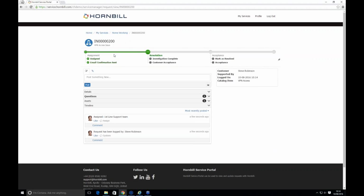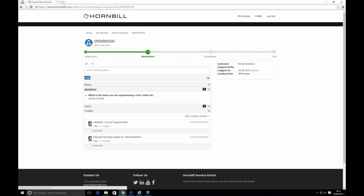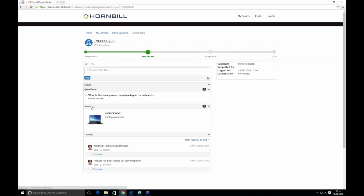So this is your fulfillment process. Whatever process you guys want, this is highlighted across the top there, so Steve can easily see what's happened and what needs to happen. Everything is in the timeline directly beneath the details. The questions and the answers, the assets that have been linked to the particular request are all there underneath the